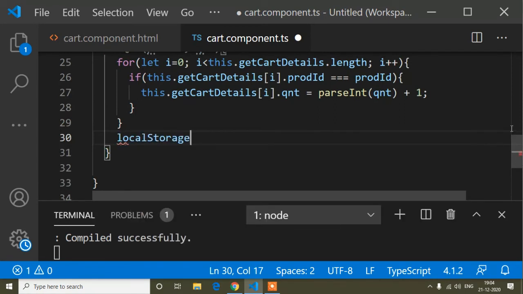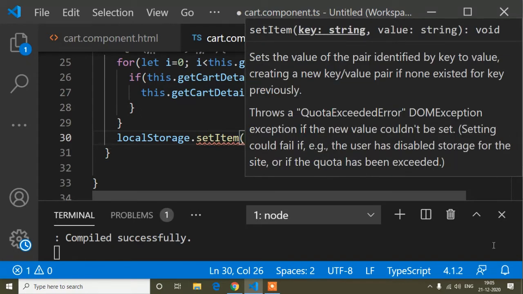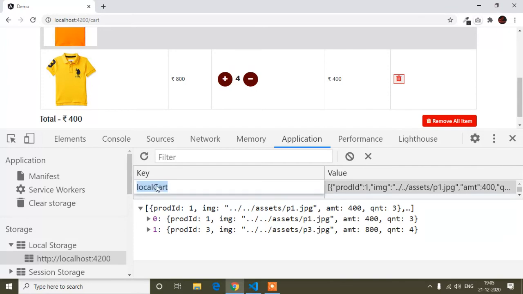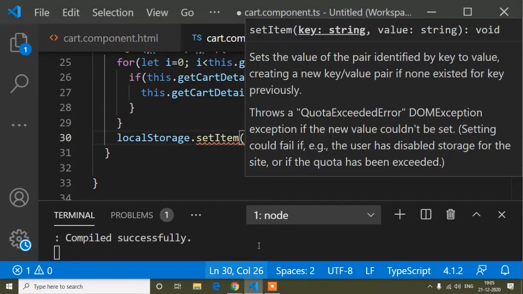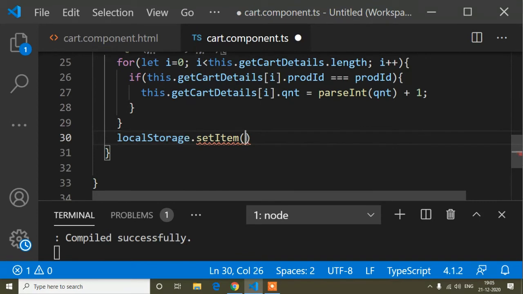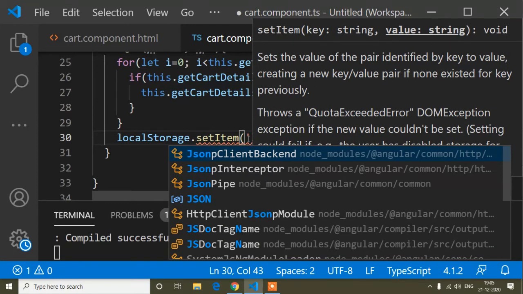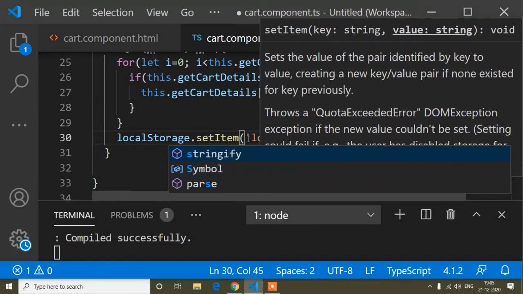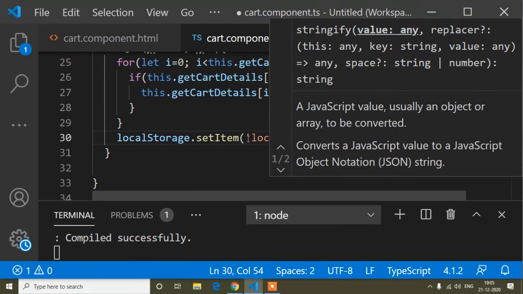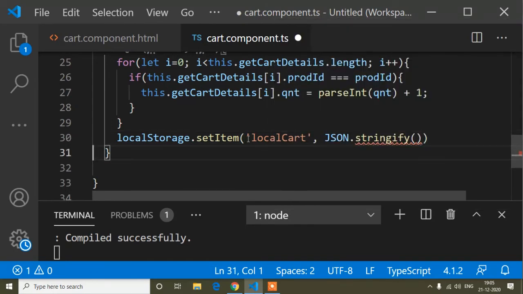So again localStorage.setItem, and inside this setItem our key is local cart, comma JSON.stringify, and inside this stringify I have to pass this variable.